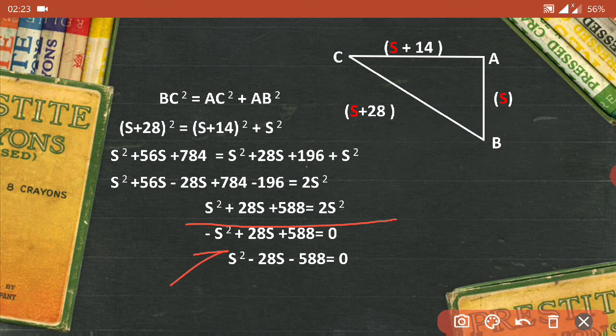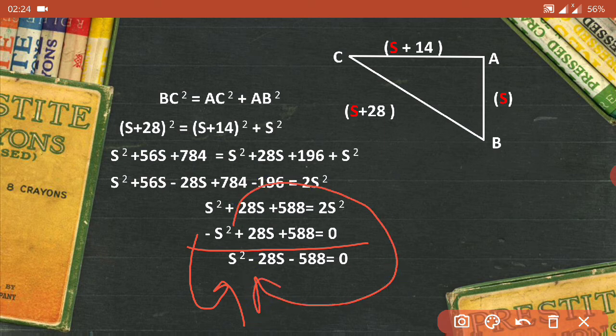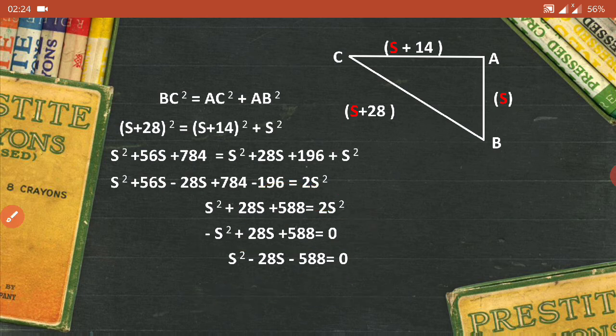I don't want a negative sign at the start, it is like negative energy kind of, so I don't want that to be there. So what I will do is change the signs of this entire equation throughout. Whatever is negative will become positive, and whatever is positive will become negative. So that is what is done, and that's how you get S square minus 28S minus 588 equals 0,